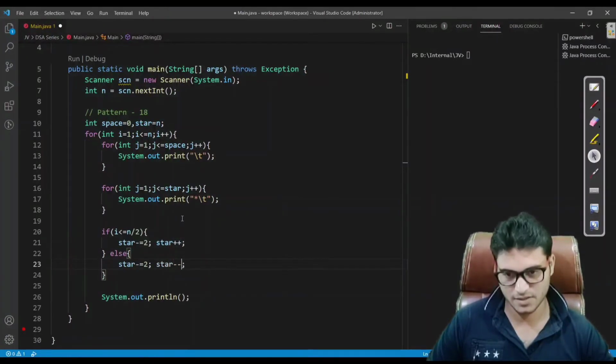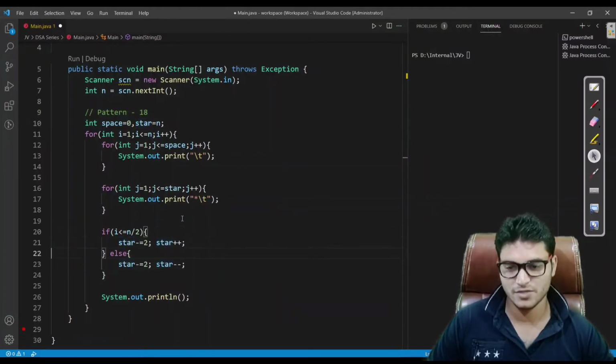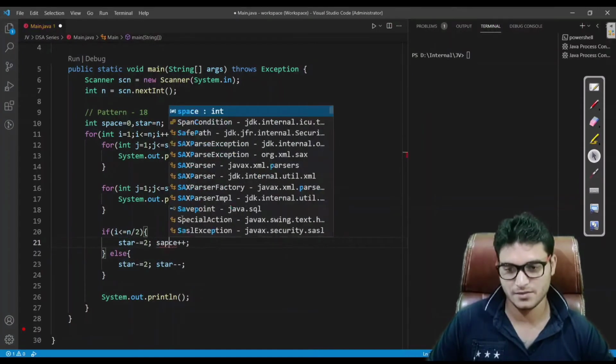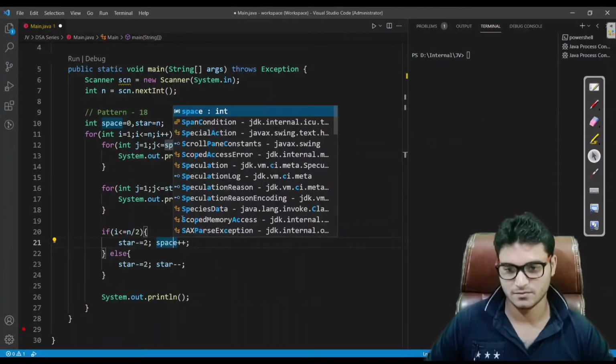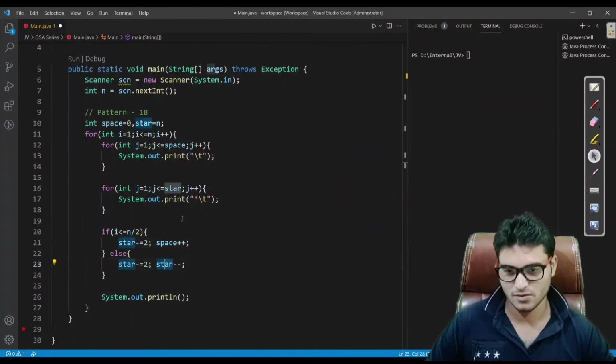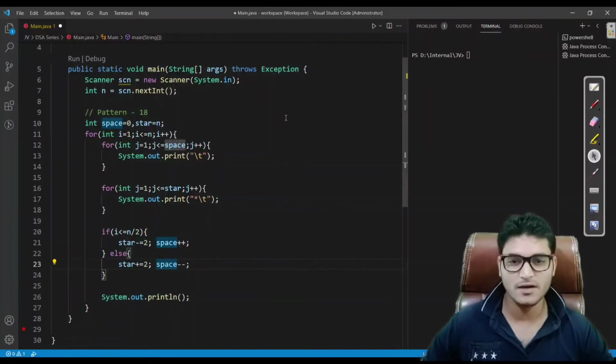We have to decrease our number of spaces, and this should be plus, because in each iteration of the second half we have to increase our stars by 2. So let's see till now what we are going to get as the output.